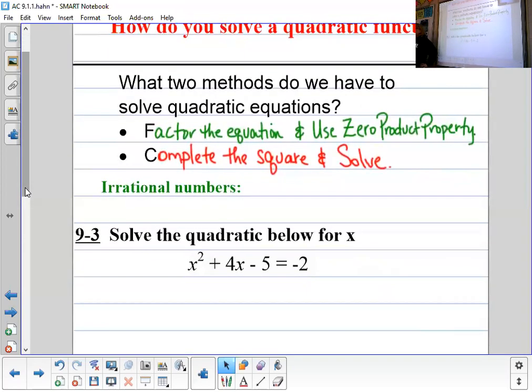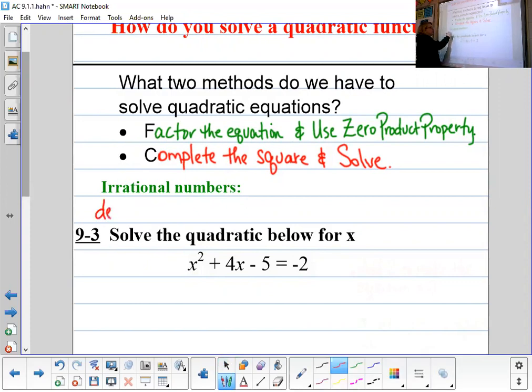So if it's not factorable, that means that our solutions are irrational numbers. Irrational numbers are decimals